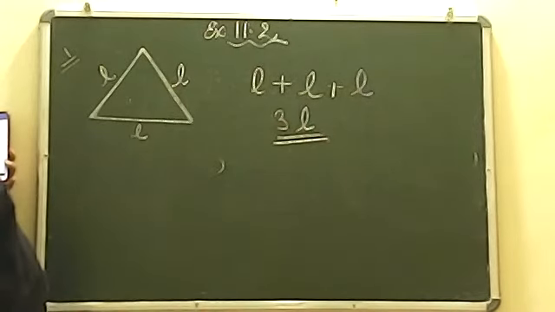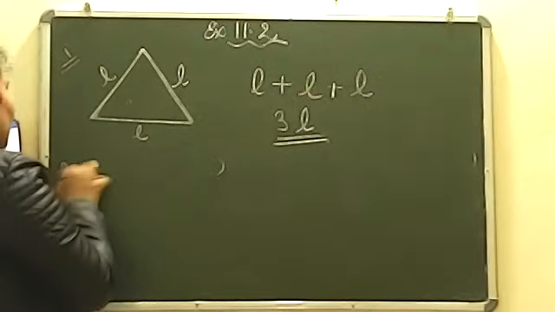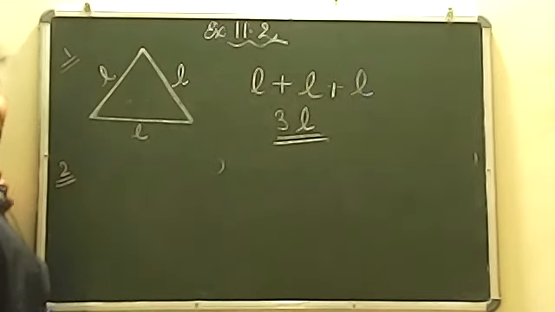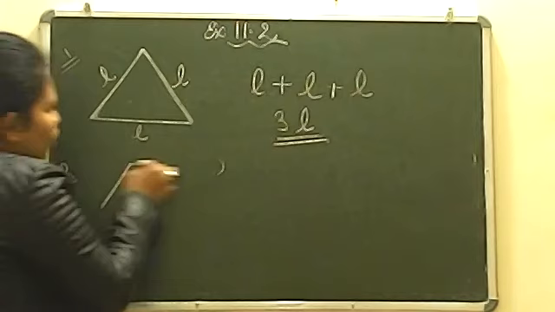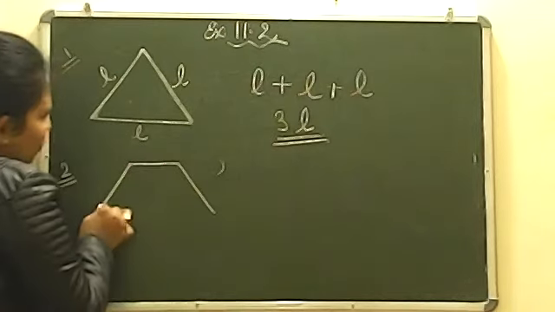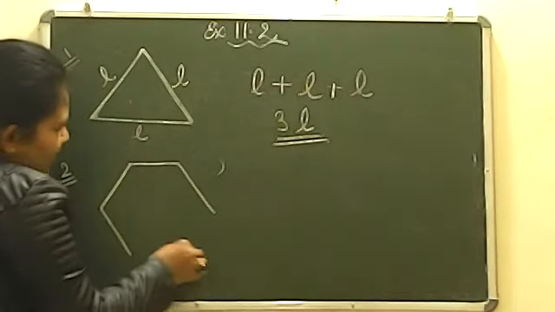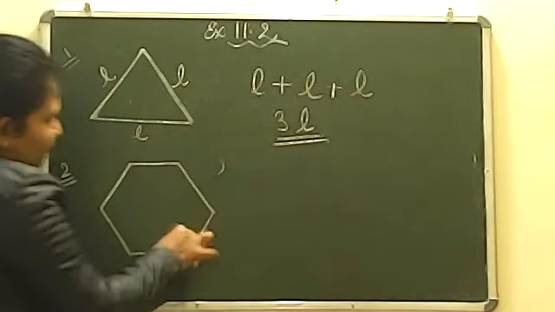Suppose your question is telling you have this time a regular hexagon. You will remember, hexagon means having 6 sides, and regular hexagon means 6 sides and all the 6 are equal. Okay, all the 6 are equal. Now let me draw the figure. You also draw the figure on your fair copy. This is the figure of a hexagon, beta.